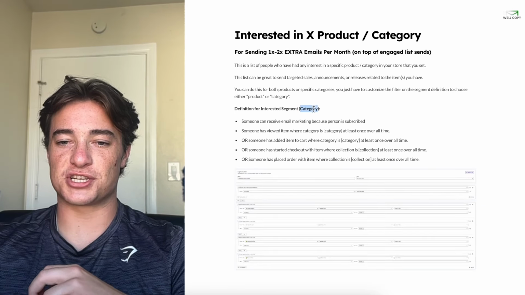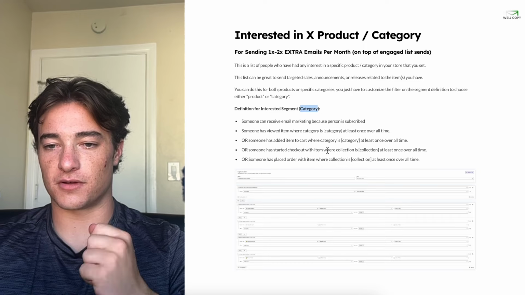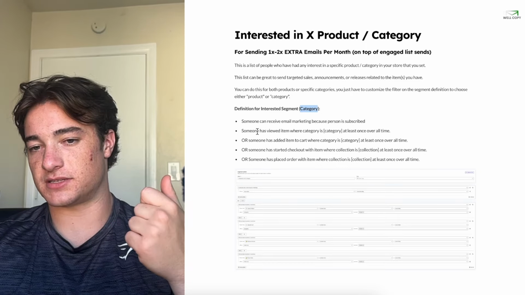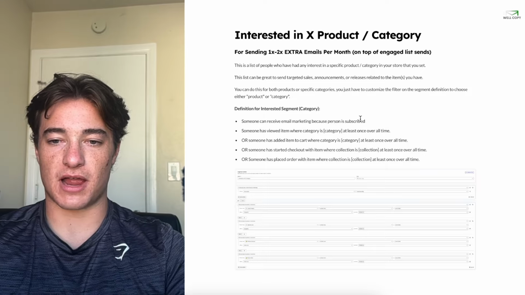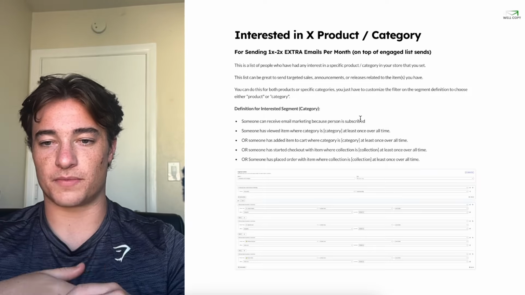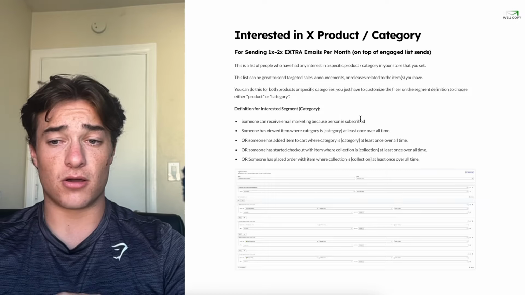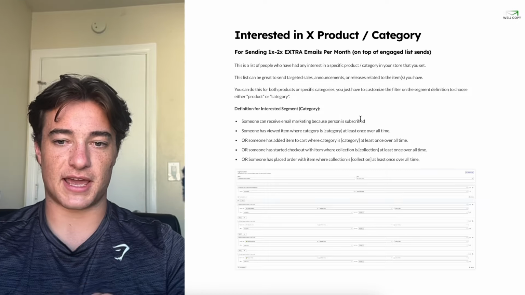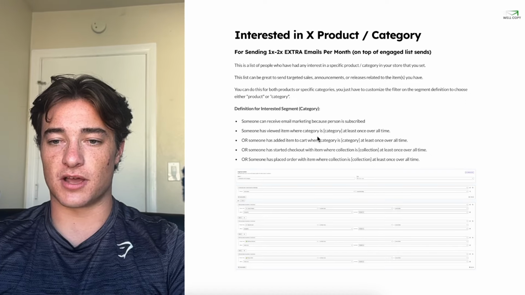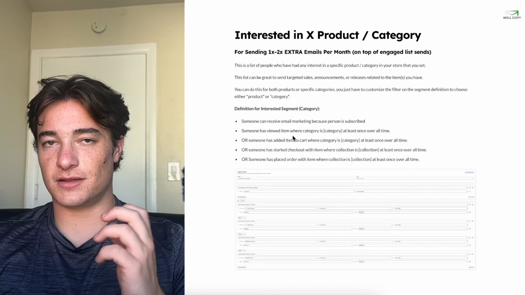So here's the base definition for a category, not product. For product, you just want to change the category and collection to product, but you say someone can receive email marketing because this person is subscribed. Someone has viewed an item where the category is this at least once, or they've added to cart where the category is that over all time, or they've started checkout where that's their collection, or someone has placed an order where that's their collection. So these are going to be a little bit different in Shopify, a little bit advanced,